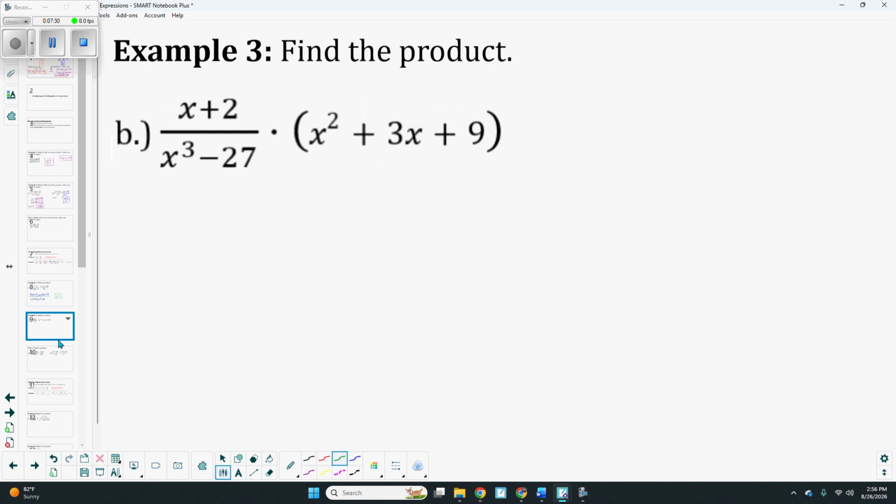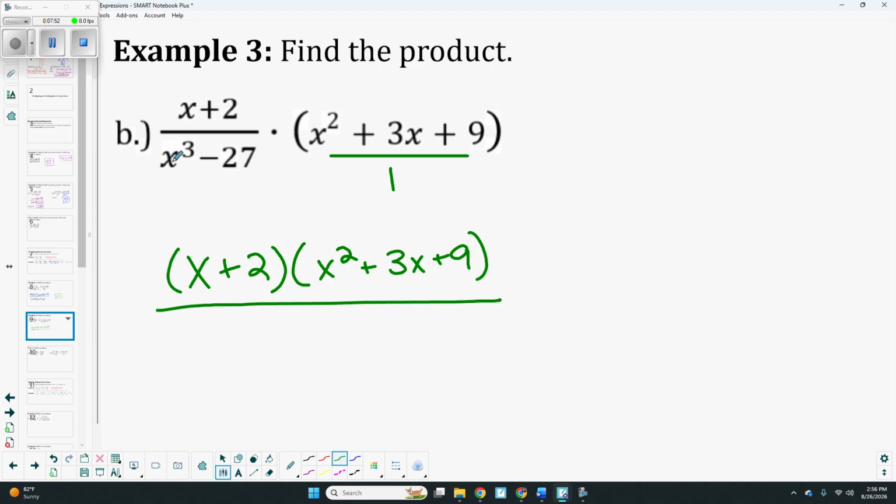All right, another one together. So here, when there's nothing under it, we could say it's over 1, right? So the top can't be factored any further. That's just x plus 2. And this, nothing multiplies to 9 and adds to 3. So that's just x squared plus 3x plus 9